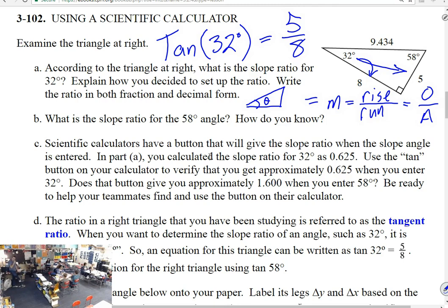Okay. So type in tan 32 degrees and close that parentheses. Sometimes it'll work if you don't close it. Sometimes it will not work. So type in tan of 32. Close that parentheses. I already did that with calculation. What do you get? It's around 0.625. So hit enter. What do you like to round it to?